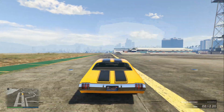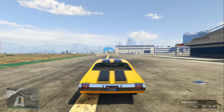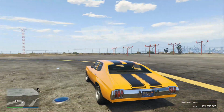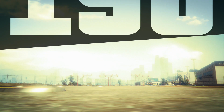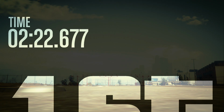It is kind of nice, though, to know how fast the other ones go, but at a certain point it gets kind of ridiculous, like the half track. Try to stay on the inside here. And vehicles like that, ones that just can't do anything that people wouldn't use in races. Okay, got 2 minutes